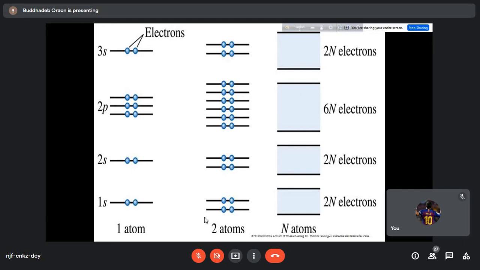So this is the energy band diagram. On the left-hand side you are seeing 1 atom, then these are the energy bands; 2 atoms, then these are the energy bands. But when you take a large number, n atoms, these discrete lines will not be separate lines, rather they will be pseudo continuous, because the density of the lines will be very high. So we actually get the energy bands of different shells and subshells.